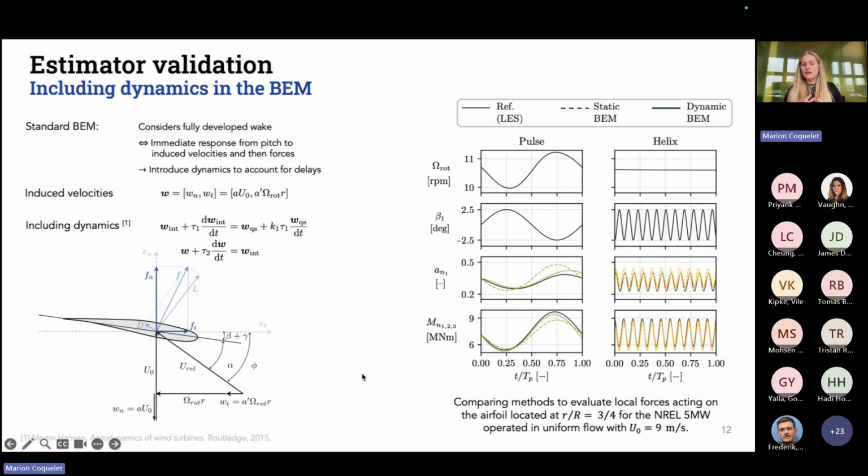What we're doing right now is considering that with the static BEM, the moment we actuate the blade, immediately we get the load response. And that's not true. And as we consider it true, we generate parasitic errors in the estimates at the pitching frequency. So the solution we propose to tackle this issue is to actually use a dynamic correction in the BEM computation